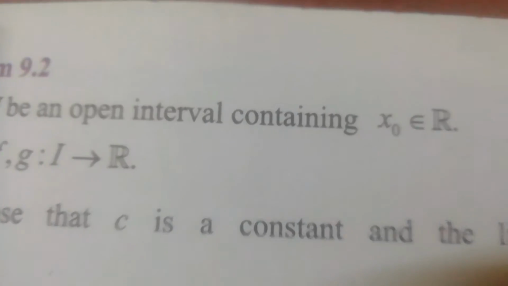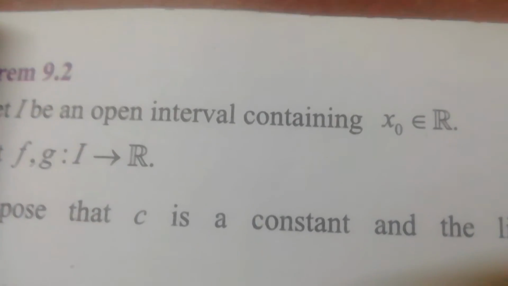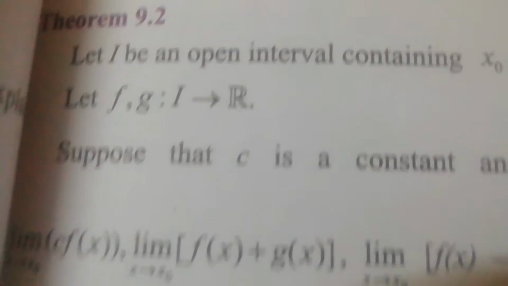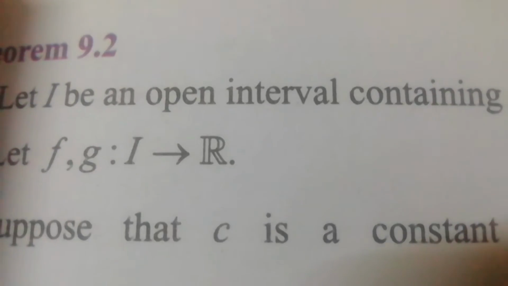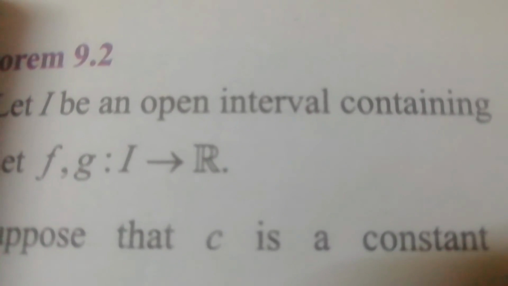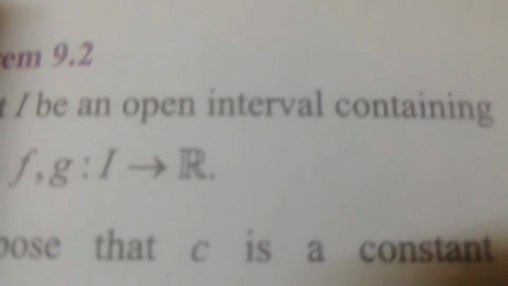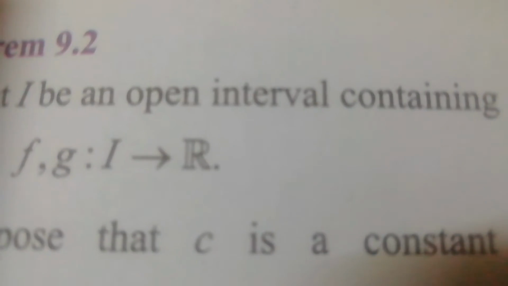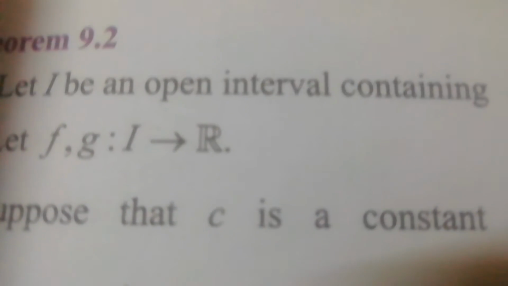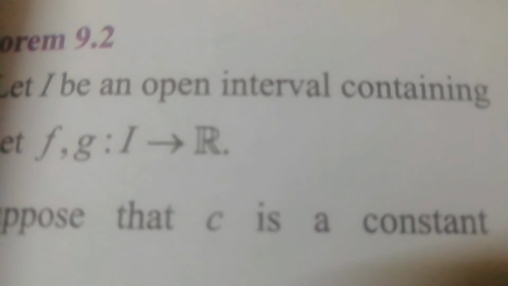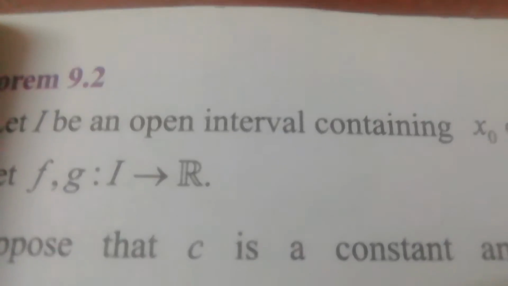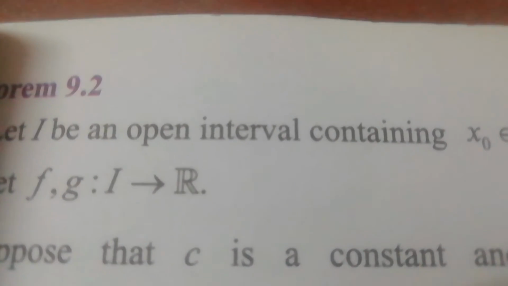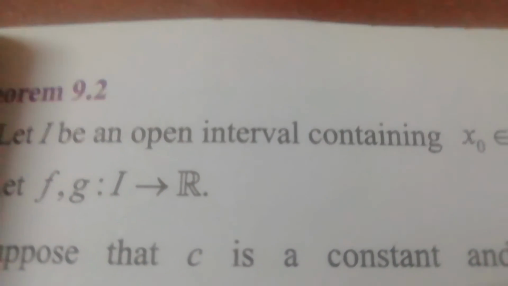If x belongs to R, it's the set of real numbers. So f and g are functions, and that interval I can be R. The interval of R is minus infinity comma plus infinity. With minus infinity to plus infinity you cannot name any endpoint value, so that is called an open interval. Suppose minus 3 comma 3, then you know the values.